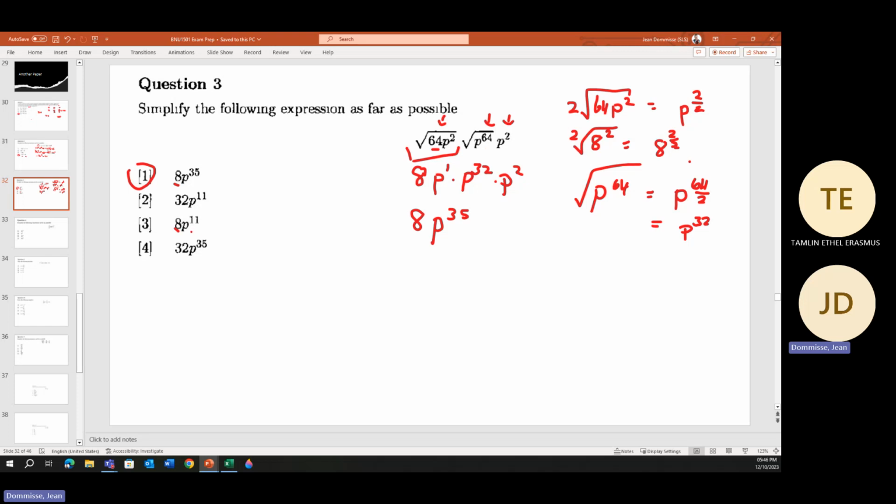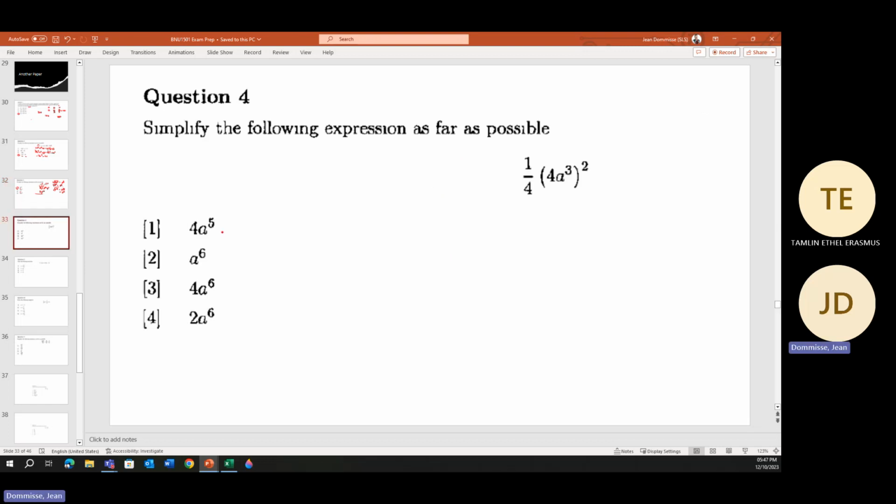Yeah, the 11 one, not sure how that could have been a possibility. Okay, so again, we need to simplify the expression, and this expression had powers and square roots within it. Okay, so the next question, again, simplification,